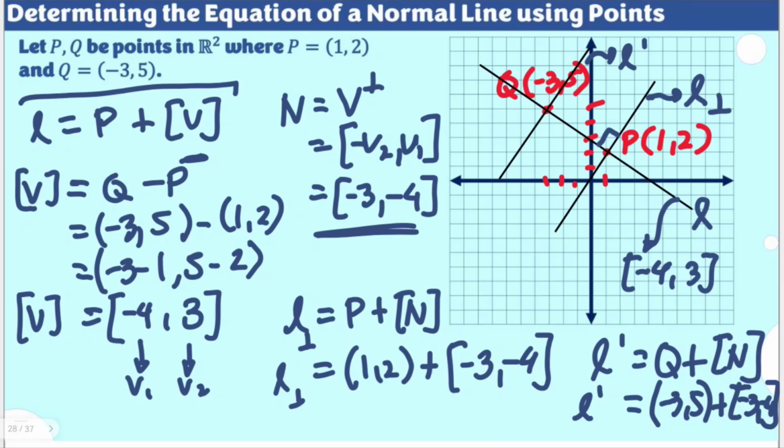With this in mind, yes, you might be correct if you're thinking we can have plenty of normal lines here, because line L consists of infinitely many points as well. But since we have identified points P and Q, let's use them, and I'm illustrating both of them because we need to differentiate the equations as well. They have the same normal vector, just differently stated because they pass through different points. Nevertheless, both of them are perpendicular to line L. So this is how we write the equation of a normal line using points and vectors, specifically the normal vector in relation to the direction vector V of the original line L.